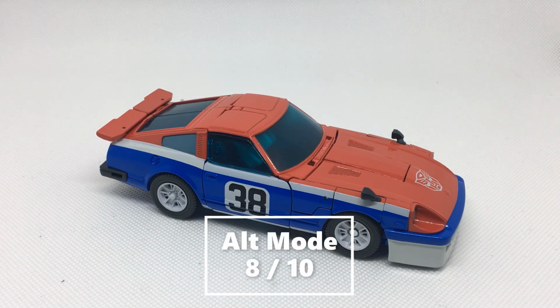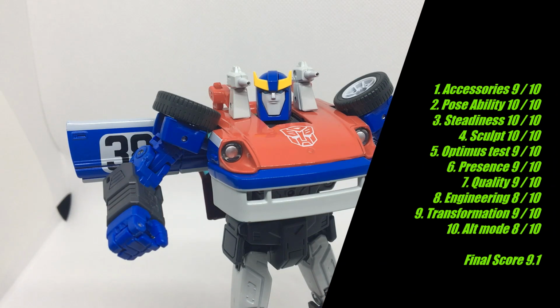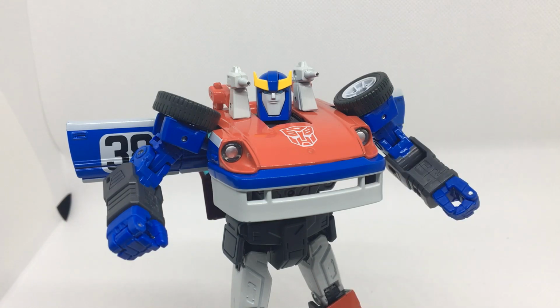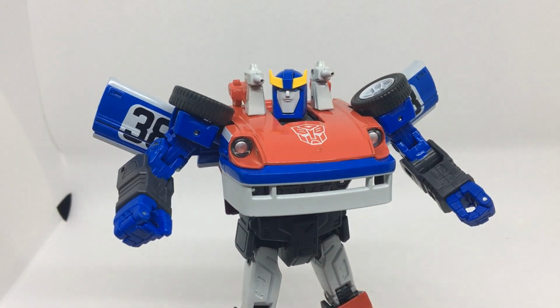8 out of 10. So there we have it, and averaging all of those out, the final score comes to a whopping 9.1 out of 10, and that feels right for this figure. He has bags of quality, fun to transform, great alt mode, great bot mode, posability, sculpt, the colours pop, absolutely everything. Really great figure all around, top-notch release from Takara, and for me this reclaims a little bit of faith in them after the Hound fiasco,